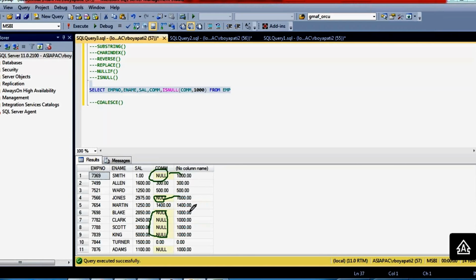These are all the null values, replaced with 1000, 1000, 1000. So you can replace with any value. Whatever value you put over here, it will replace wherever it finds a null value. If it is not null, it will keep the same value, 300. It is not altering or changing anything.